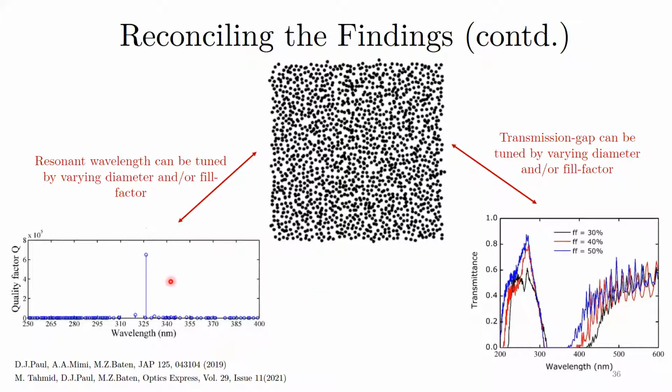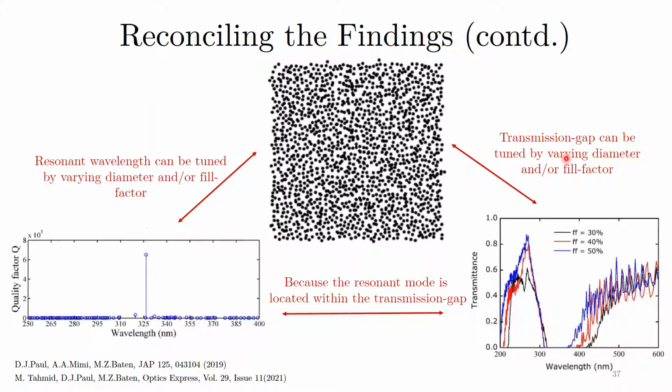The link is this resonant wavelength. This always lies within this transmission gap. That's why when we change the diameter, when the transmission gap changes, the resonant wavelength also moves accordingly, because it is within that gap. It has to be within this gap. So basically, we are changing both together by changing the diameter. So we can control what wavelength of light will be trapped here, and also what wavelength of light will transmit from one side to another and what wavelength of light will not be